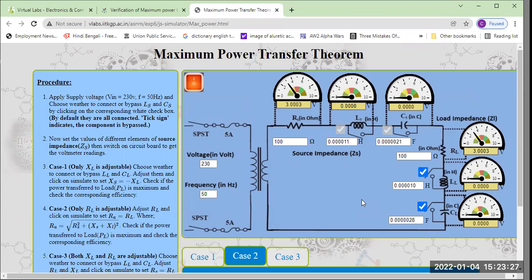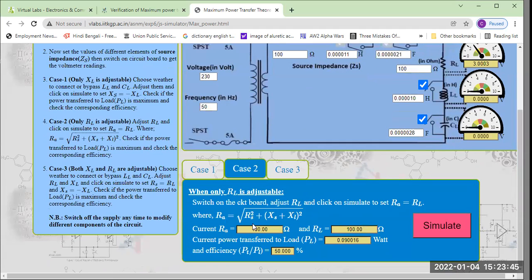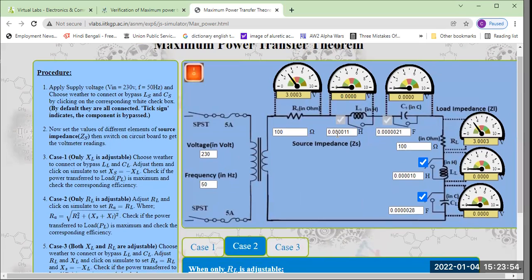You can add 4 boxes, you can add 8 boxes, 8 into 2, that is 16 boxes in this way. But you have to adjust this load in such a way that your RA and RL should be equal. Means the load resistance and the source resistance, load impedance and source impedance, should be equal,